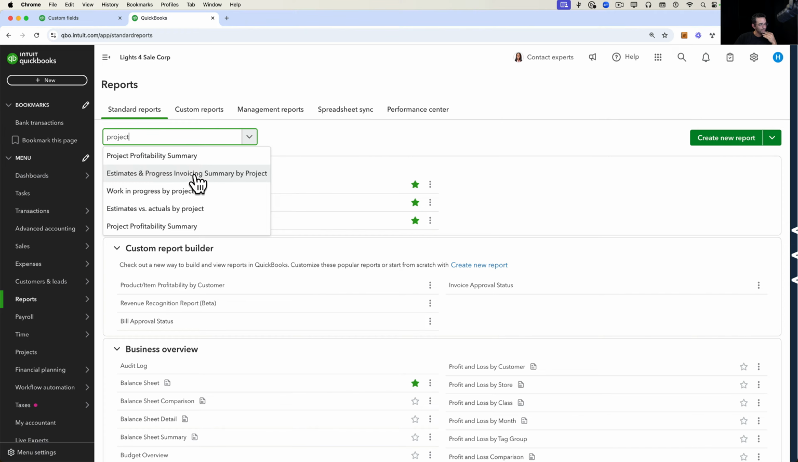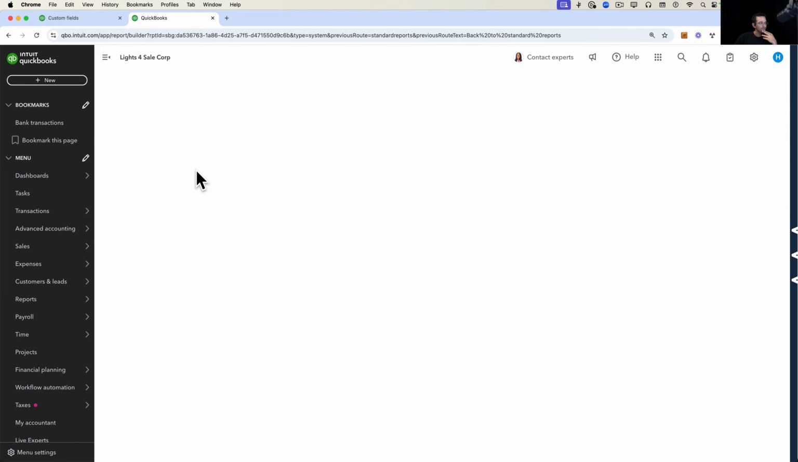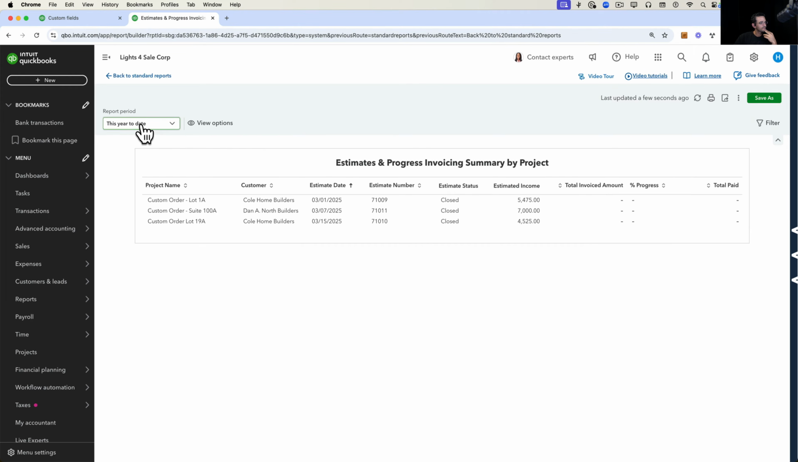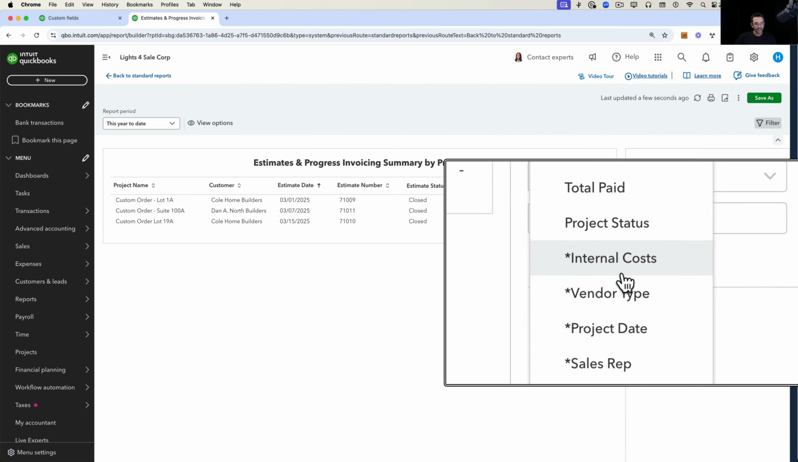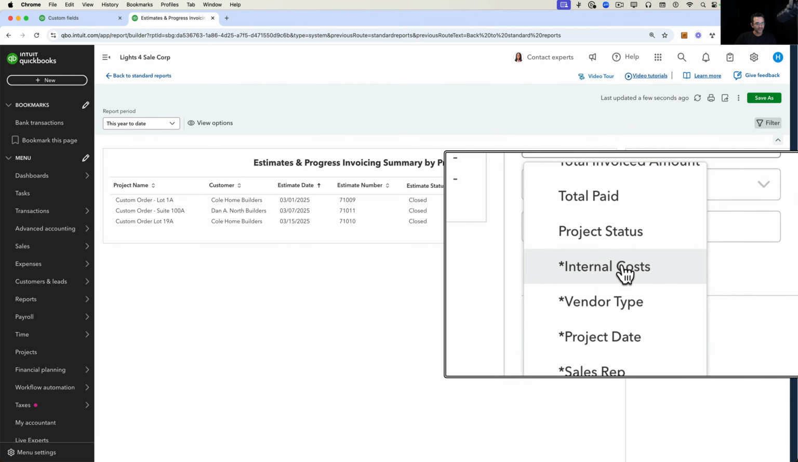Let's do estimates and progress. Invoicing summary by project. Okay, let's see filter. Let's see if we can pick this. Okay, this one can. See, you can pick these. So we have internal costs,